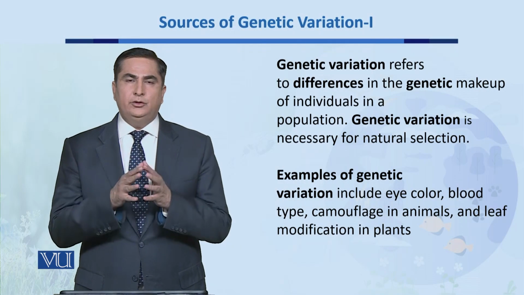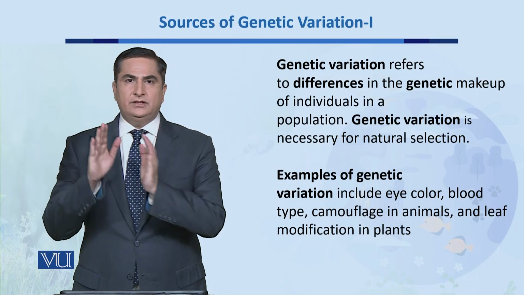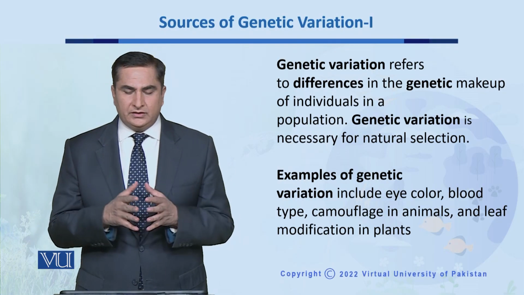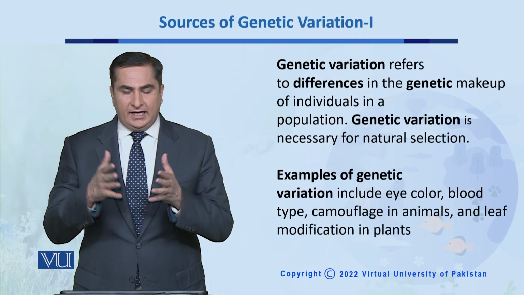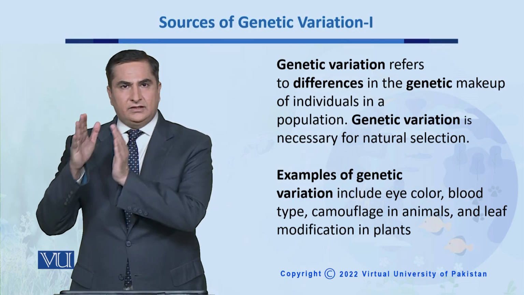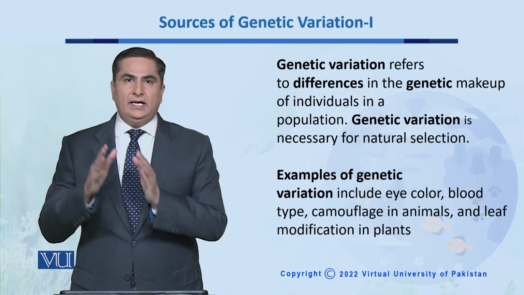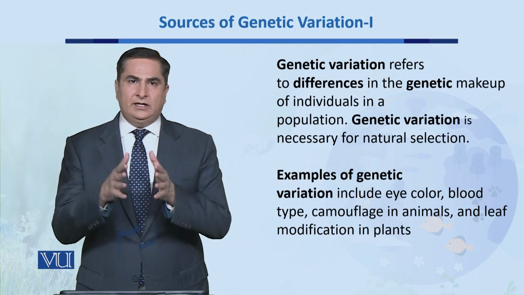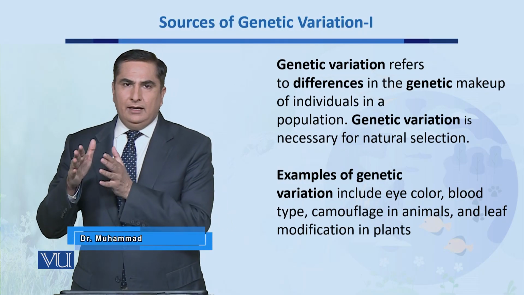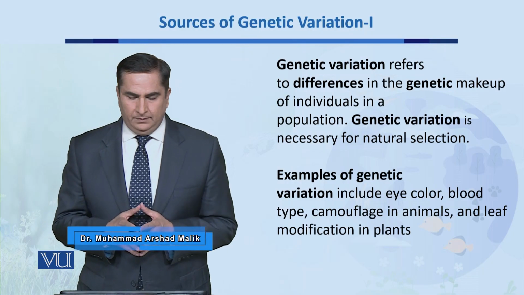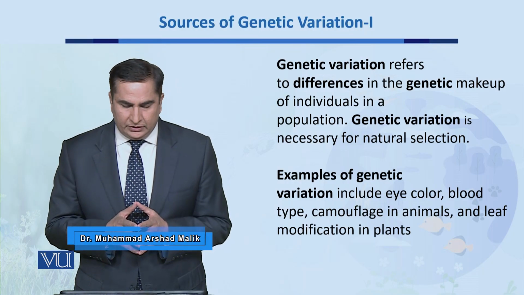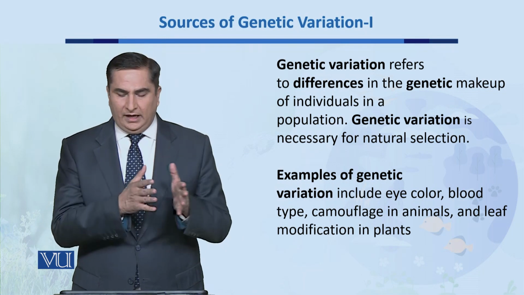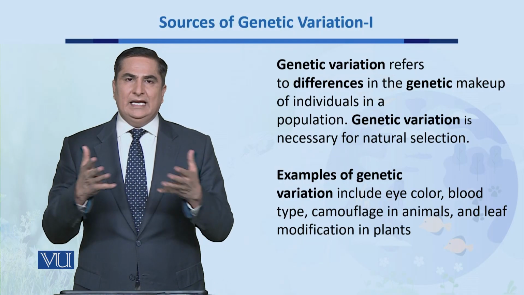Dear students, in this unit we will talk about the sources of genetic variation. As we are aware, genetic variation is the differences in the genetic makeup of individuals in a certain population. Now this genetic variation is very important because it forms the basis for natural selection, which is an important aspect of evolution. Examples of genetic variation include eye color, blood type, camouflage in different animals, and leaf